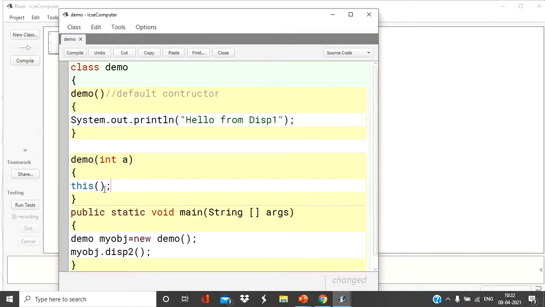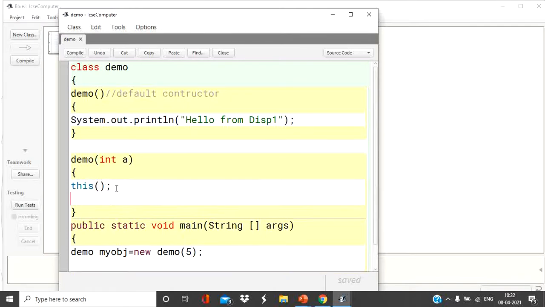Simply we will write this, which means the default constructor will automatically be called. Suppose we pass 5 here, and now to print the value we add one line: System.out.println value of a equals plus a.